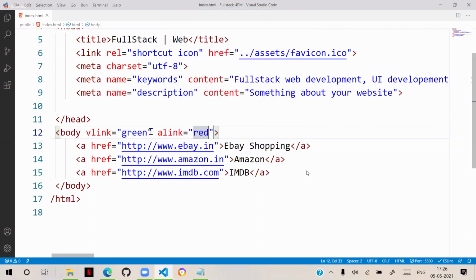You can observe that active means when I move the mouse pointer onto it and hold down the mouse button, then it is active. That is red color. And when I click on it, suppose IMDb is in blue color because it is not visited. I click on IMDb, so it is visited.